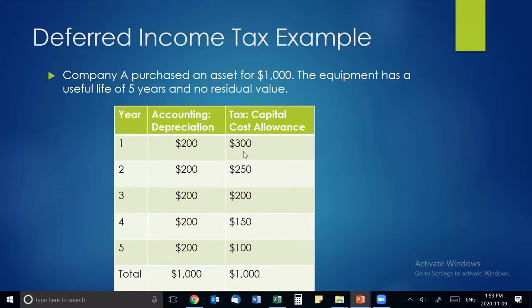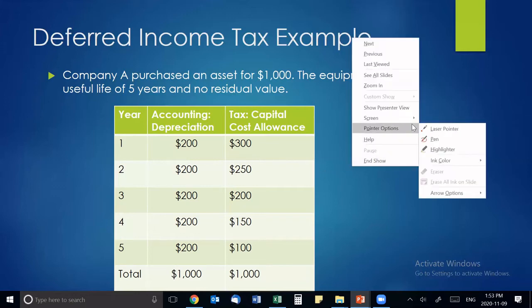But this first year, we took a $300 deduction for tax purposes. Because we took such a large deduction for tax purposes, more than the accounting depreciation, in the future, we won't have as much of a deduction to take. So then if we're taking more of a deduction now,